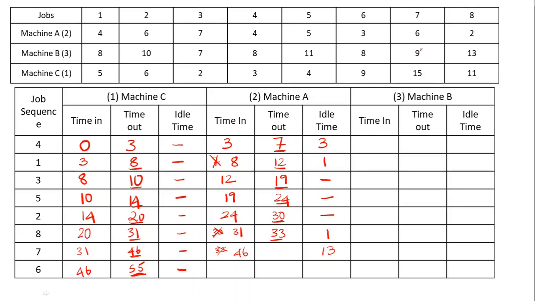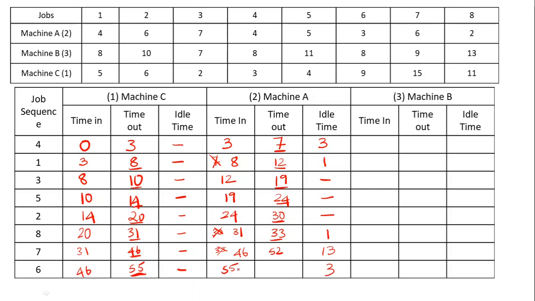So now you look into it, 7th job, 6 hours for it to complete. So here we have 52. So now we compare again 52 and 55. Obviously we should be taking it as 55. Reason, at the 55th hour only the next job. Though the machine has completed the work, it has to wait for the previous machine, the previous sequence, to be completed, which is the 55th hour. So now we have another 3 hours of idle time.